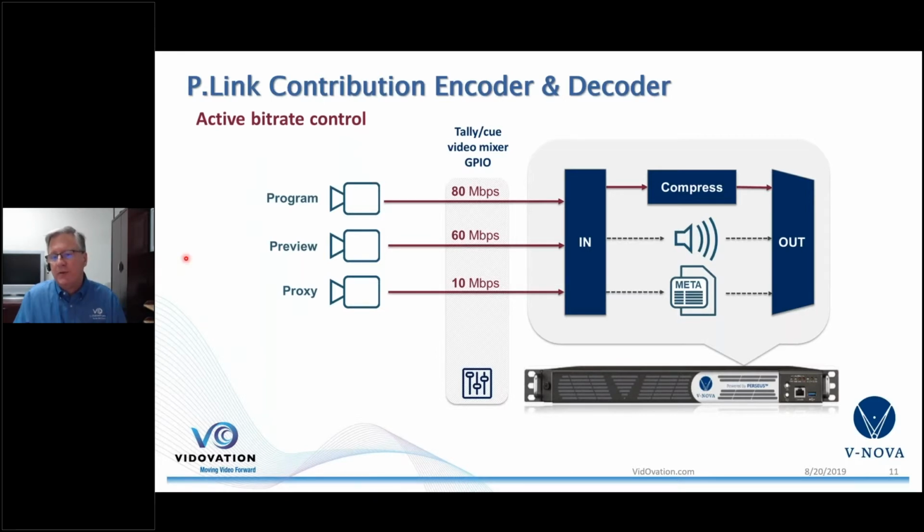Again, this is assuming you have some constraints in bandwidth. If you have enough bandwidth, you wouldn't need to multiplex or adaptively change the bit rate. But you can get the idea that you can do some clever techniques to minimize your bandwidth for production or for contribution or for at-home production in particular.